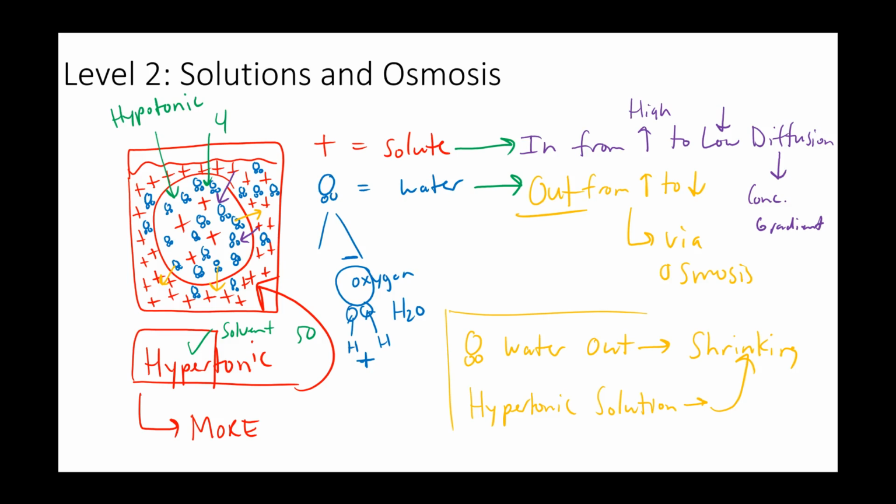But to really understand what a solution is and how it works, you should understand that there's more free water, thus creating a water concentration gradient where there's less solute. Okay, so it will move from high to low, away from where there's less solute to where there's more solute. Okay, now this level 2 is going to present itself